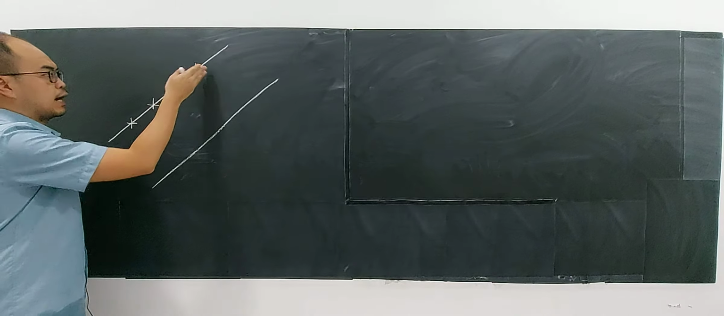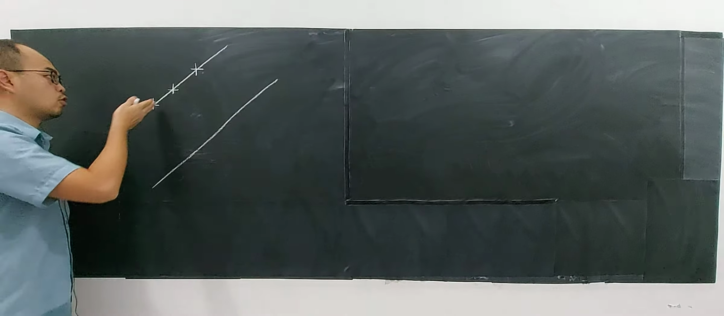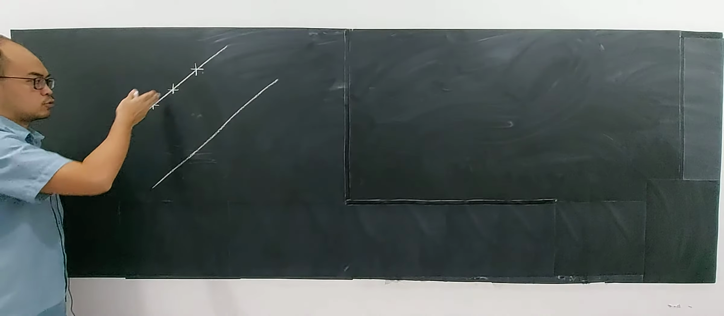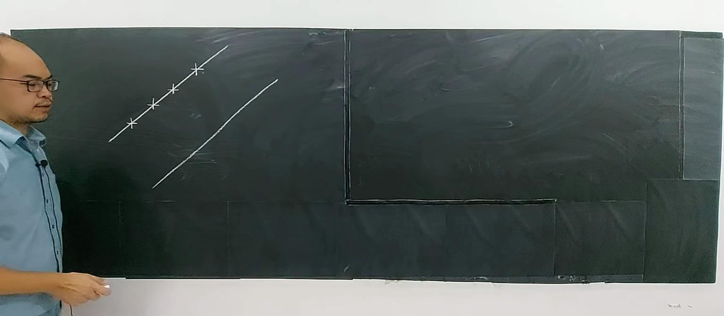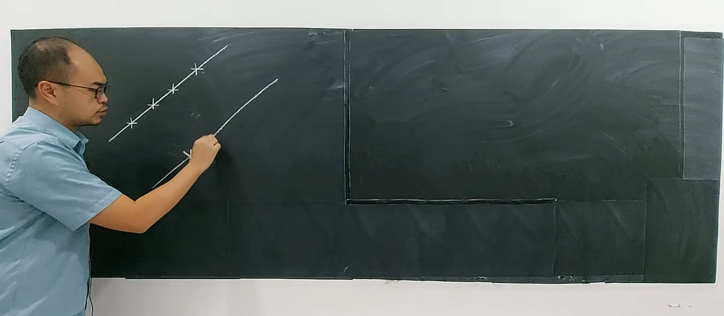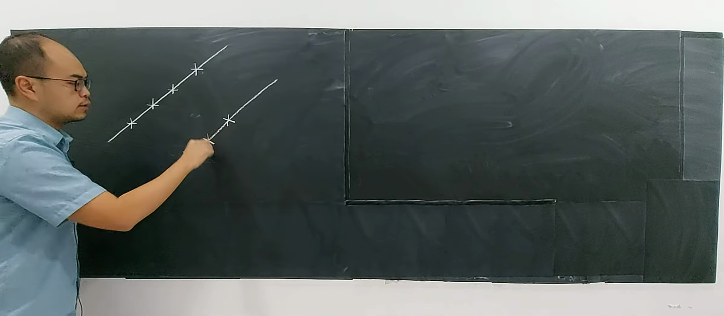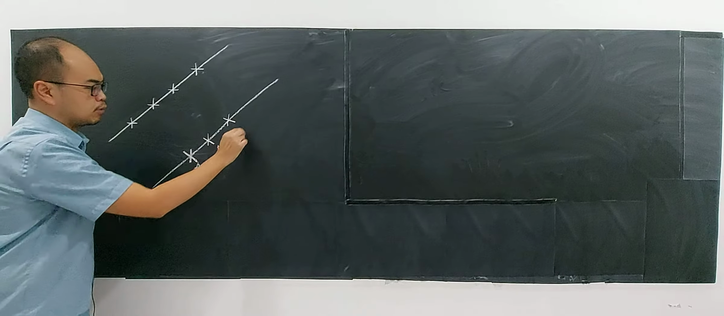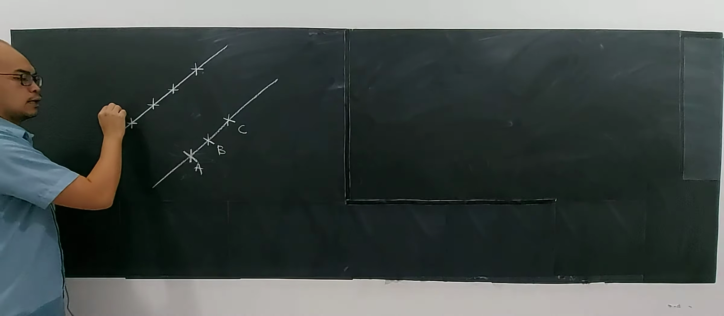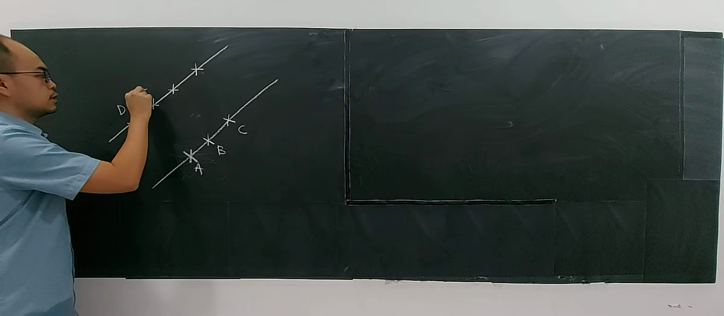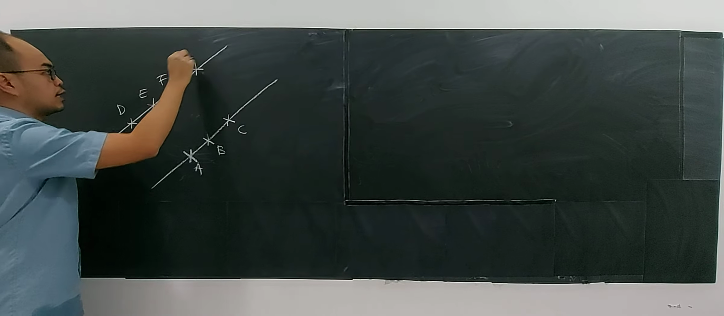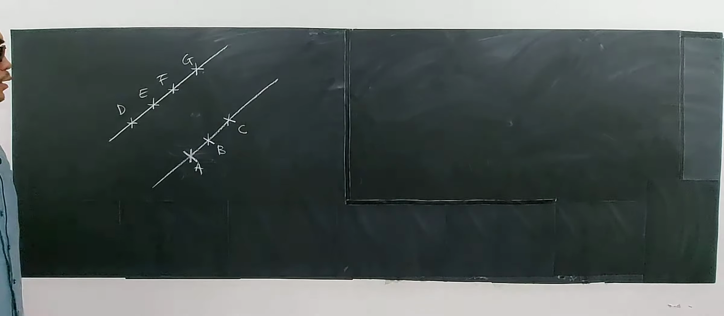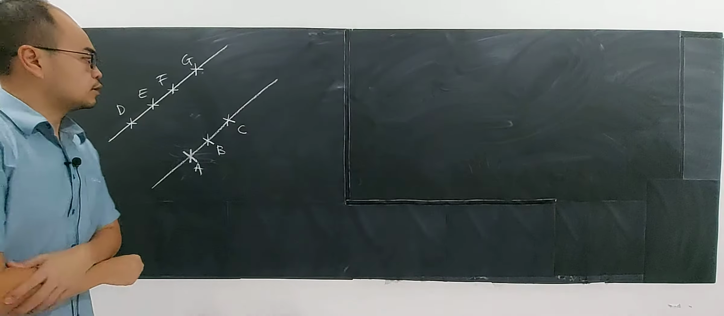These 4 points are collinear, which means they are on the same line. And let's say there are 3 points on the other line. I label these as point A, point B, point C, and these as D, E, F, G. D, E, F, G are on one line, and A, B, C are on the other line. So the question may ask,